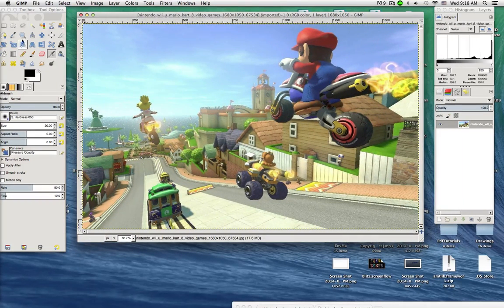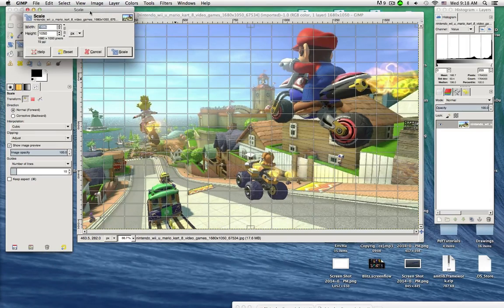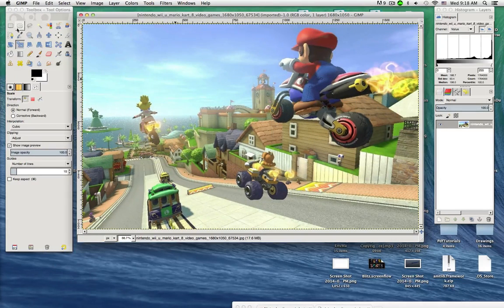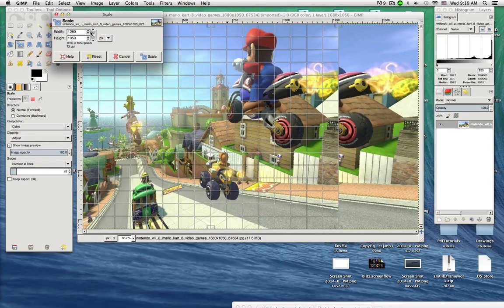Okay, but now it's still not YouTube dimensions, so what you want to do is go to this scale button here. It's got two boxes, or you can do Command T, I think it's Control T on Windows, and then make sure you just select the picture layer and click on it. So now you're going to go 1280 by 720,